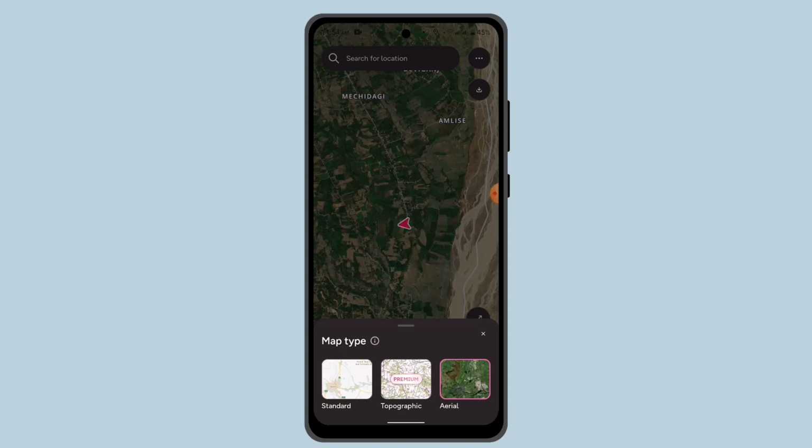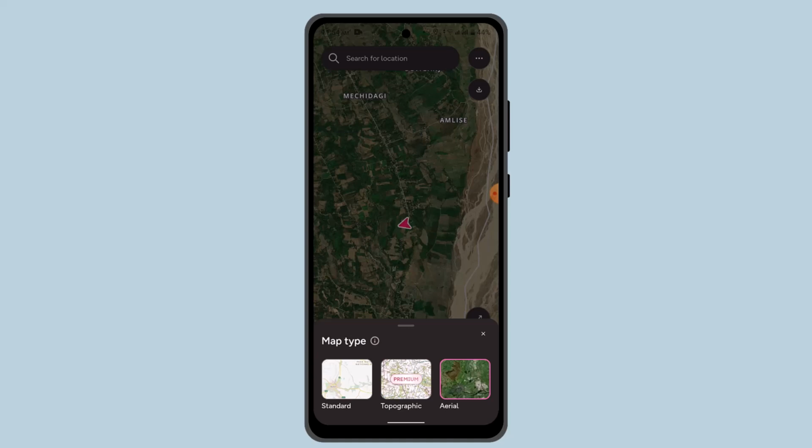Now, the subscription tier provides access to additional mapping layers, including aerial imagery, national park boundaries, and green space maps, and all that. It also offers offline mapping capabilities, allowing you to download maps for use without an internet connection. And the OS Map Premium may include other features such as route planning tools, advanced route profiles, and many detailed